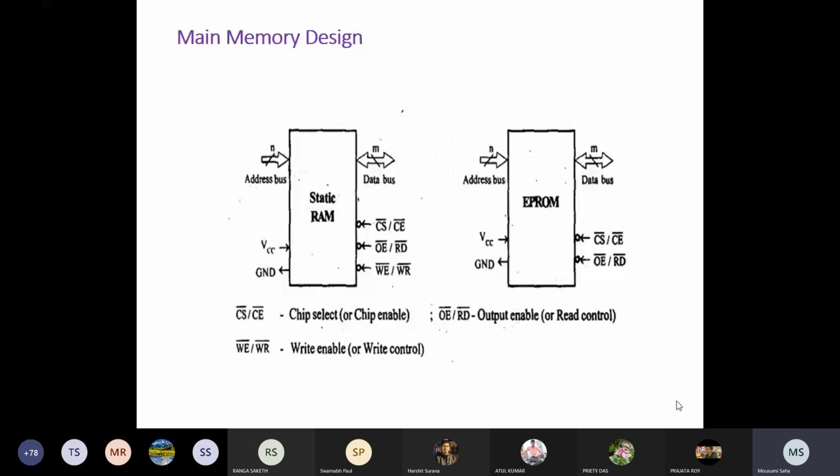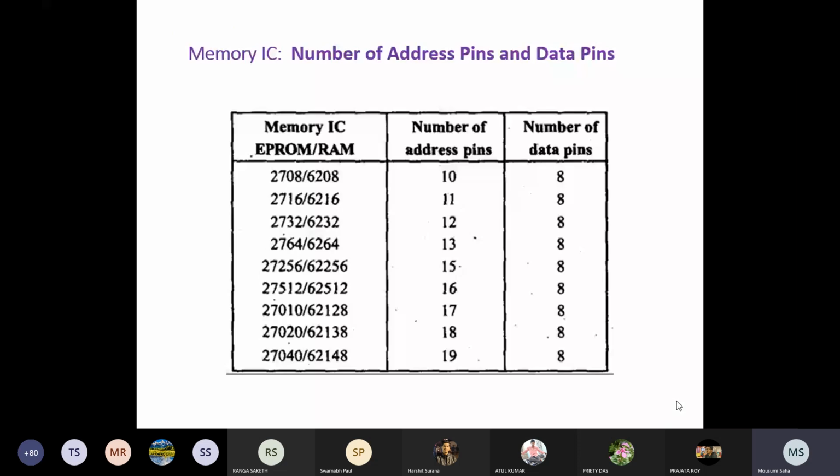Okay, but most of the time we have the three control signals separately, that is chip select line, read control signal and write control signal, and obviously two other pins we have, that is the voltage supply VCC and ground. And for the ROM, I have already told you we do not have the write control line. But the other lines, that is address bus and data bus, we have. Now these are the ICs, but